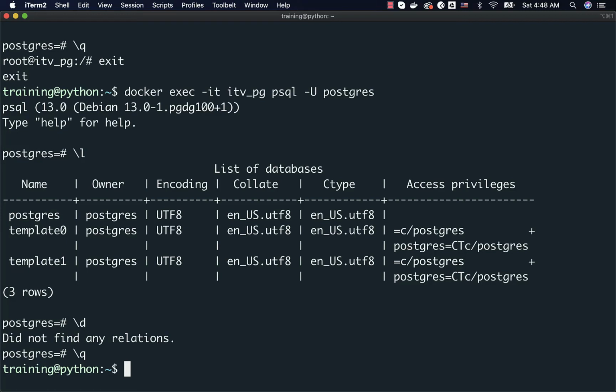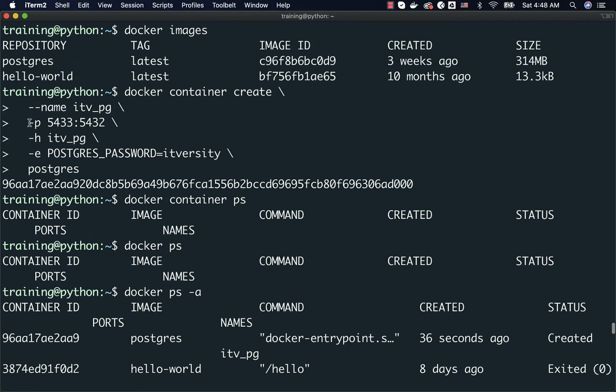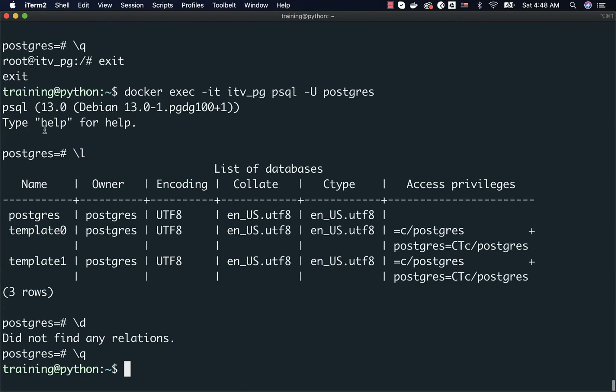However, you can also connect to the database in the container without using Docker exec. That is where the port publishing comes into the picture. When it comes to the command which we used earlier to create the container, if you look at this -p, I have given 5433 as the host port published for 5432, which is nothing but the default Postgres port that is running in the container. So now using this 5433 with localhost, because 5432 is published to 5433 on the host, I should be able to connect to the database in the container without using Docker exec.